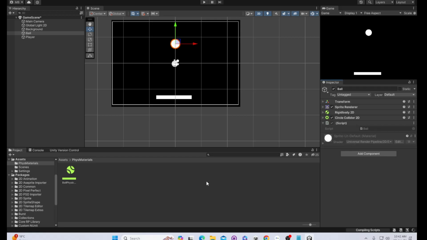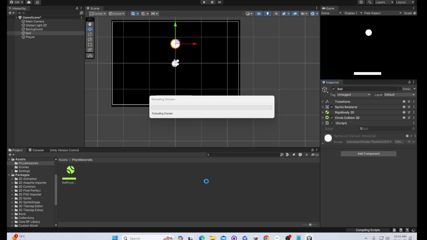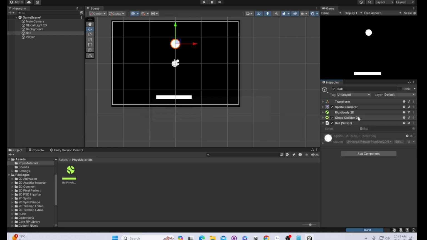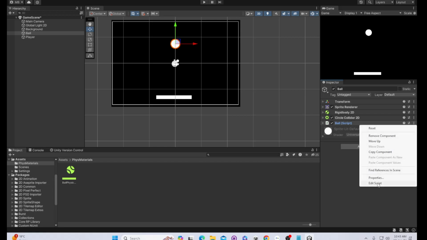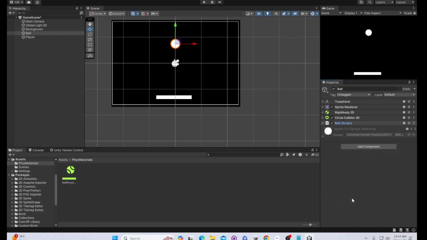Okay, that's going to create a script for a MonoBehaviour, which is basically just one of these things that attaches to your game object. And in that script, we can define what the ball should be able to do. We've already gotten a lot of stuff free with Unity's physics and the colliders and stuff. So we just need to do a little bit more work. Over here, we can just say edit script, but before I do,